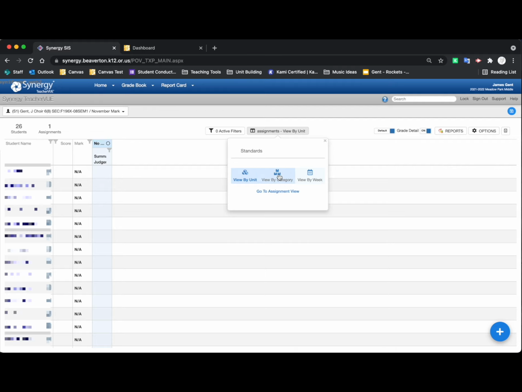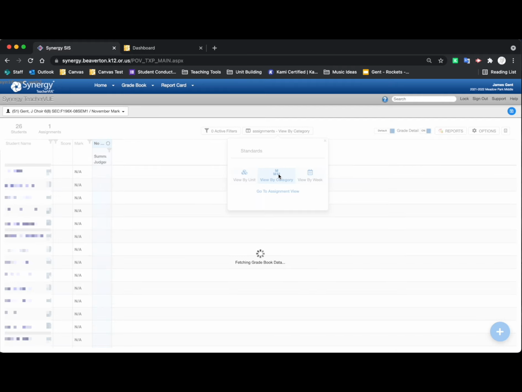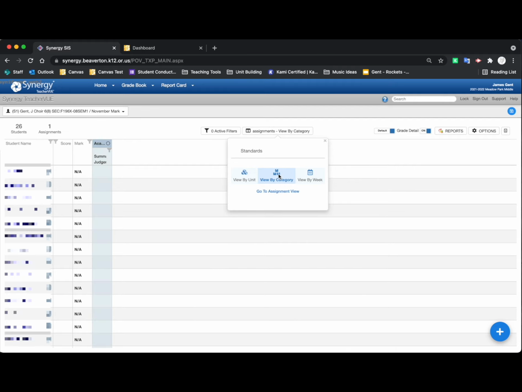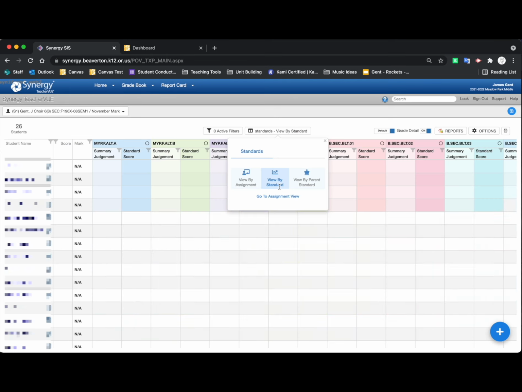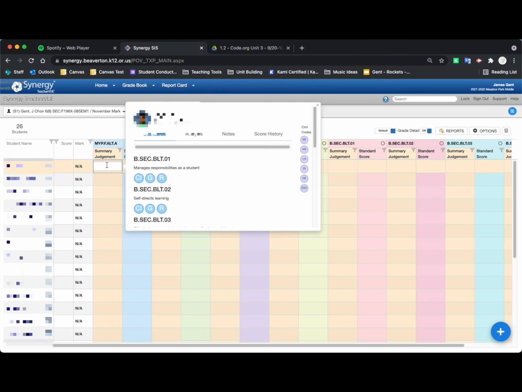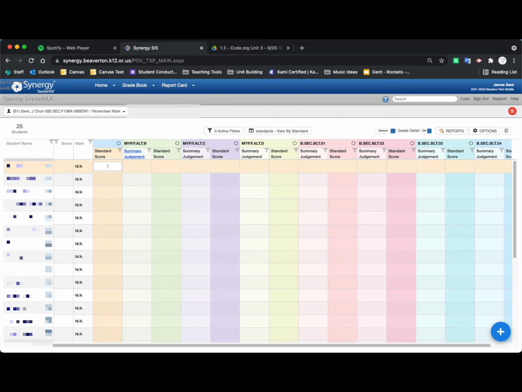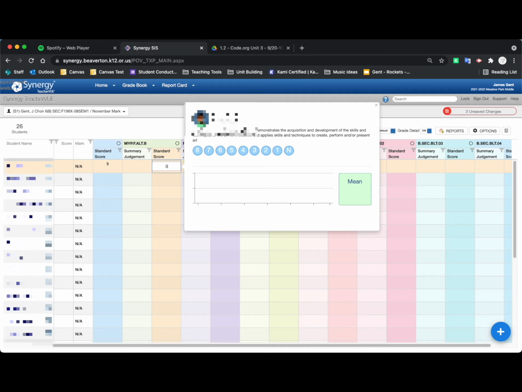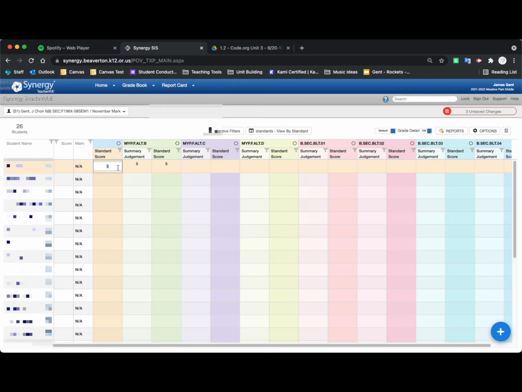And now to view standards, we click on the word Standards, and then View by Standard. To input grades, you just click on the Summary Judgment column, which is the name of our assignment, and you can enter scores